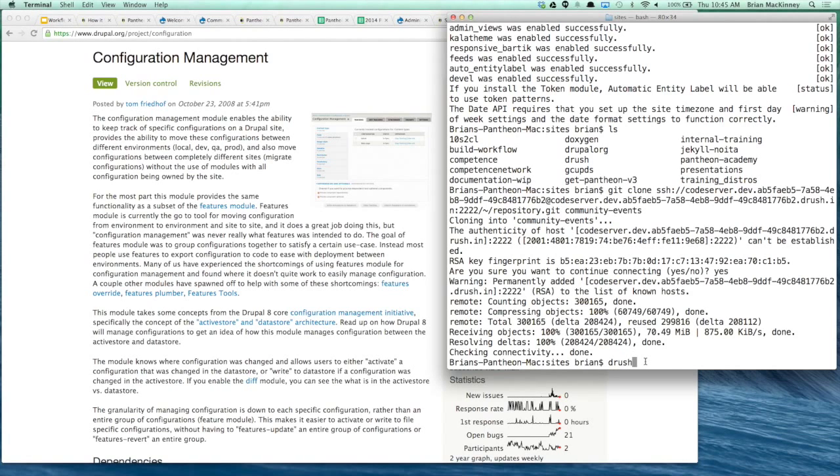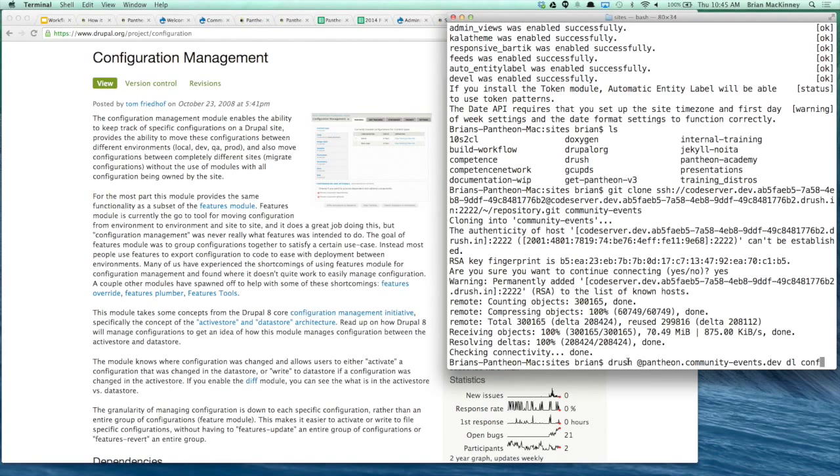So just to piggyback on what Brian was saying, you saw him create the content type and add a few fields, and you could do that manually again on test, and then manually again on live, but there are all sorts of risks involved with that. There's human error. You could make a change on dev that you don't make on test, or don't make on live. So the idea is whenever you can,